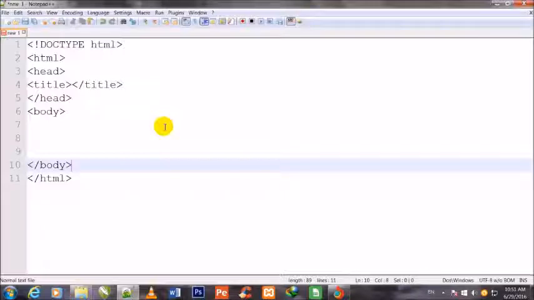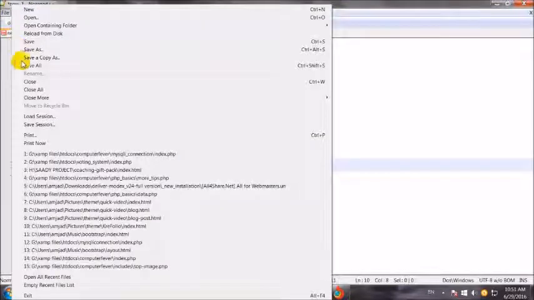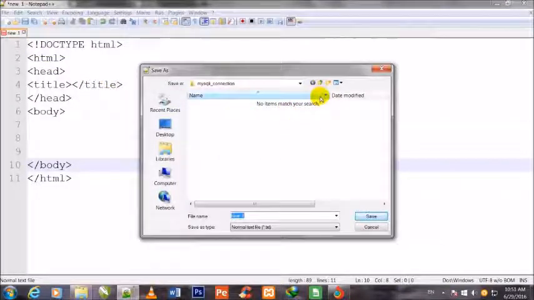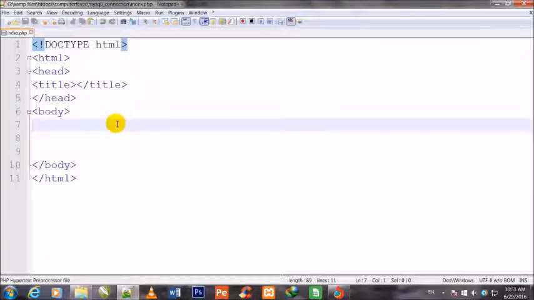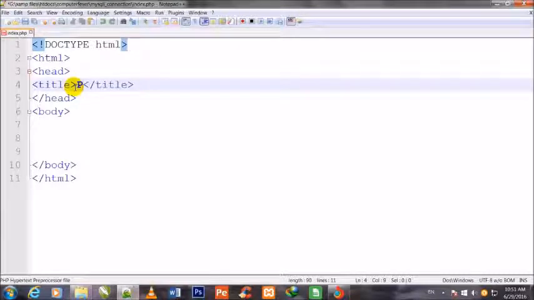So friends, now I will save it. I press save, and here inside the MySQLi connection folder I give it the name index.php, and press save. So friends, this HTML basic structure has been made, and now I give it a title: PHP and MySQLi